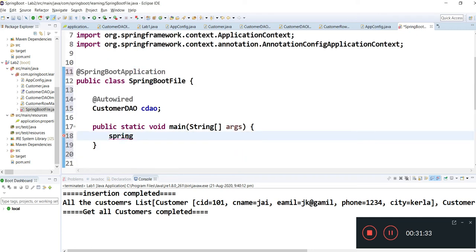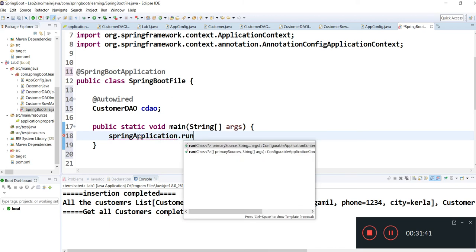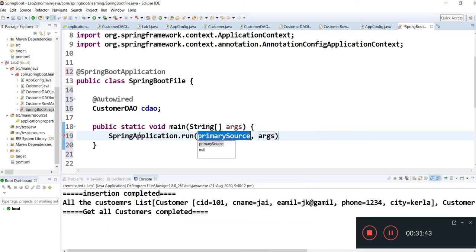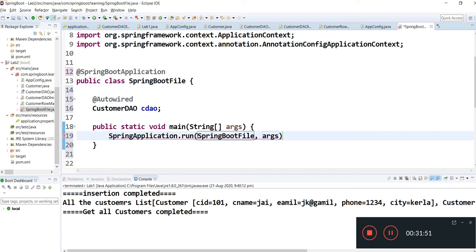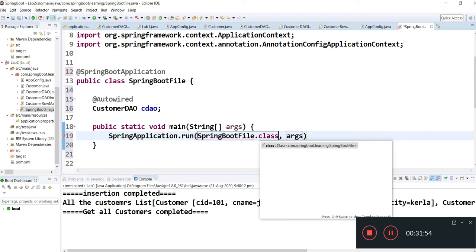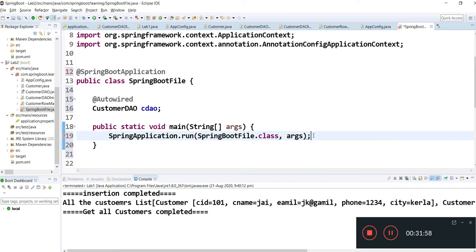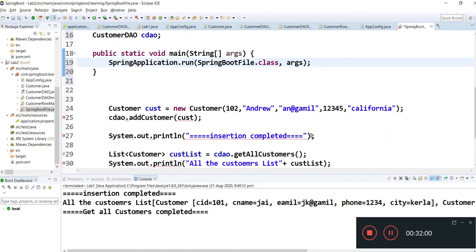So you need to mention SpringApplication.run. Inside run, you need to mention the .class file of your main file, so you can mention the file name dot class.